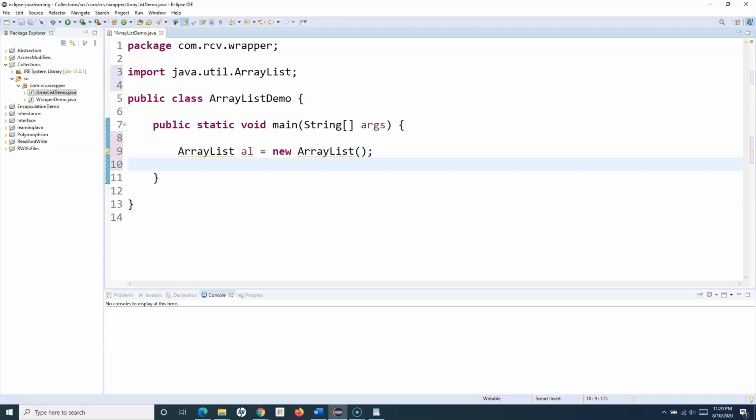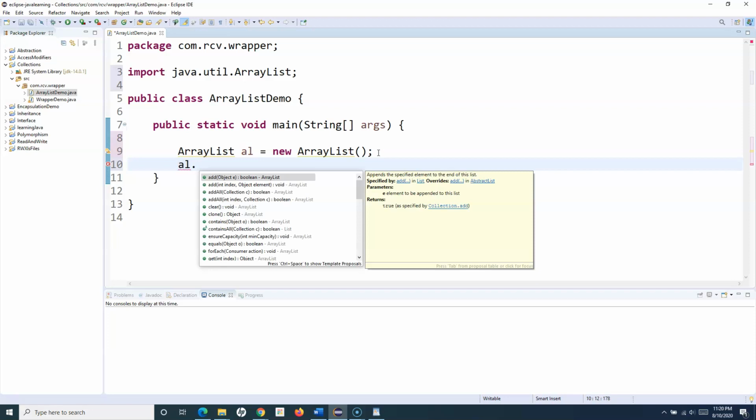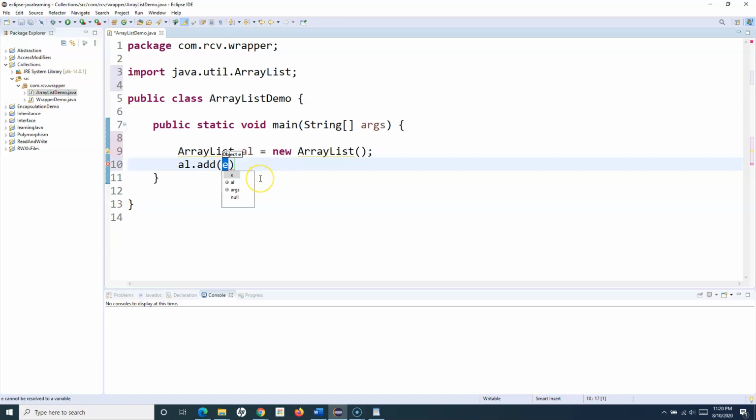At the moment this is just an object, there are no values in this particular ArrayList. To add values to the list, we have certain methods. We can say al dot, and you'll see all the methods that are available in this particular class listed here. You can see add object, so you can add the object. If I say add and I say 10, then the value 10 will be stored